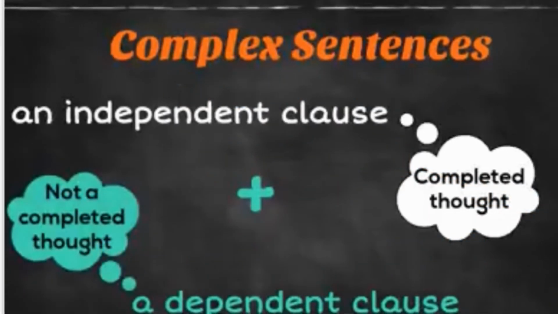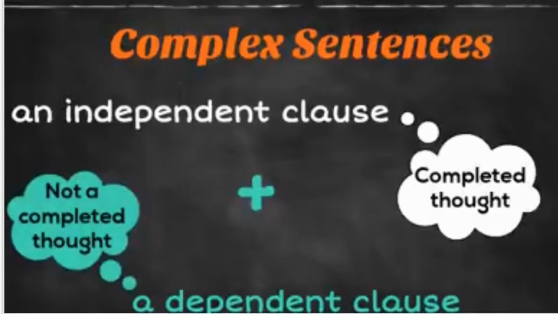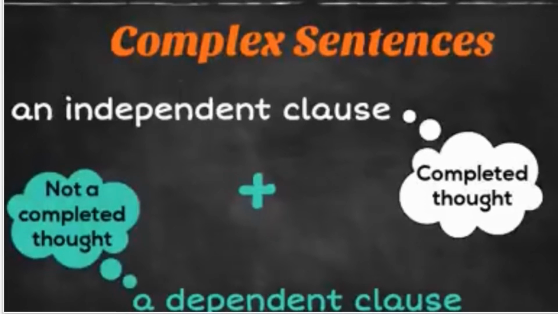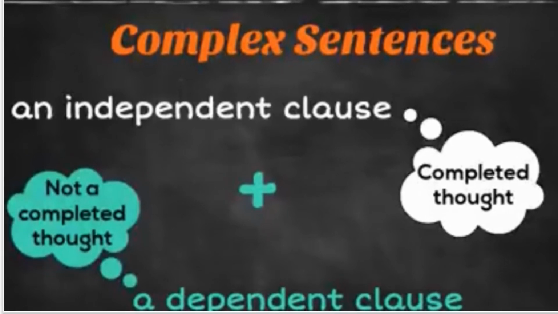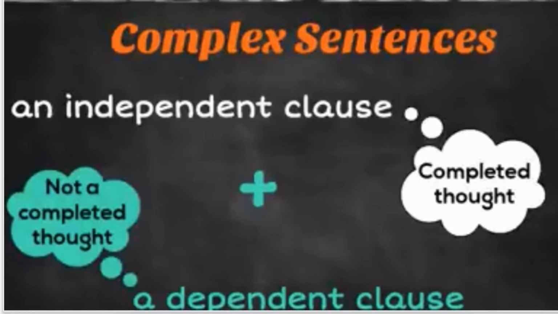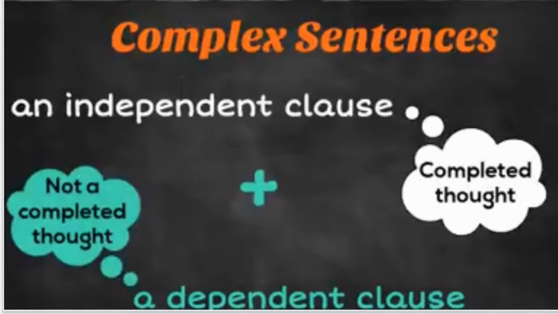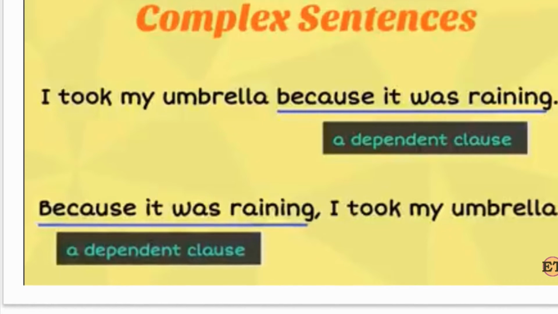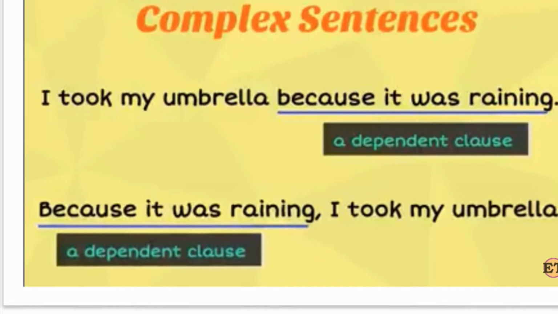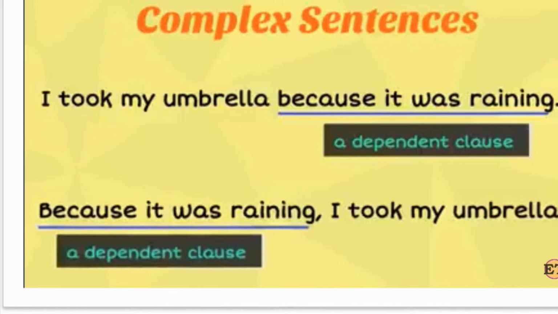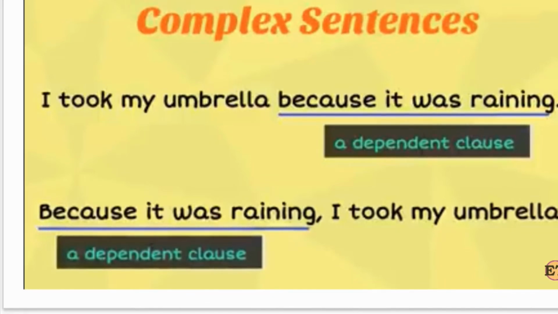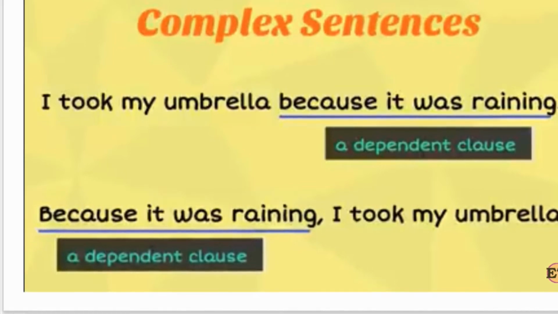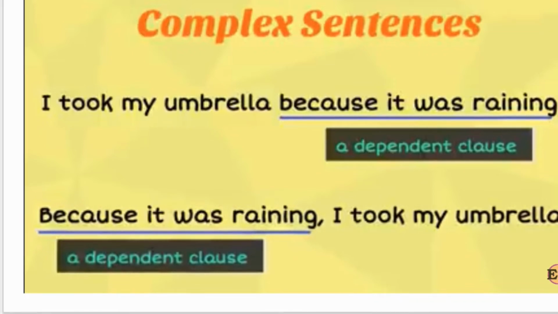Now let's look at the third kind of sentence structure, which is more complex, and it is also known as the complex structure. In such a sentence, you have an independent clause and another one is the dependent clause, which can be more than one also. Let's look at an example. I took my umbrella because it was raining. So look at this example very carefully. Now the first clause is I took my umbrella. The second clause is it was raining. Now the conjunction because